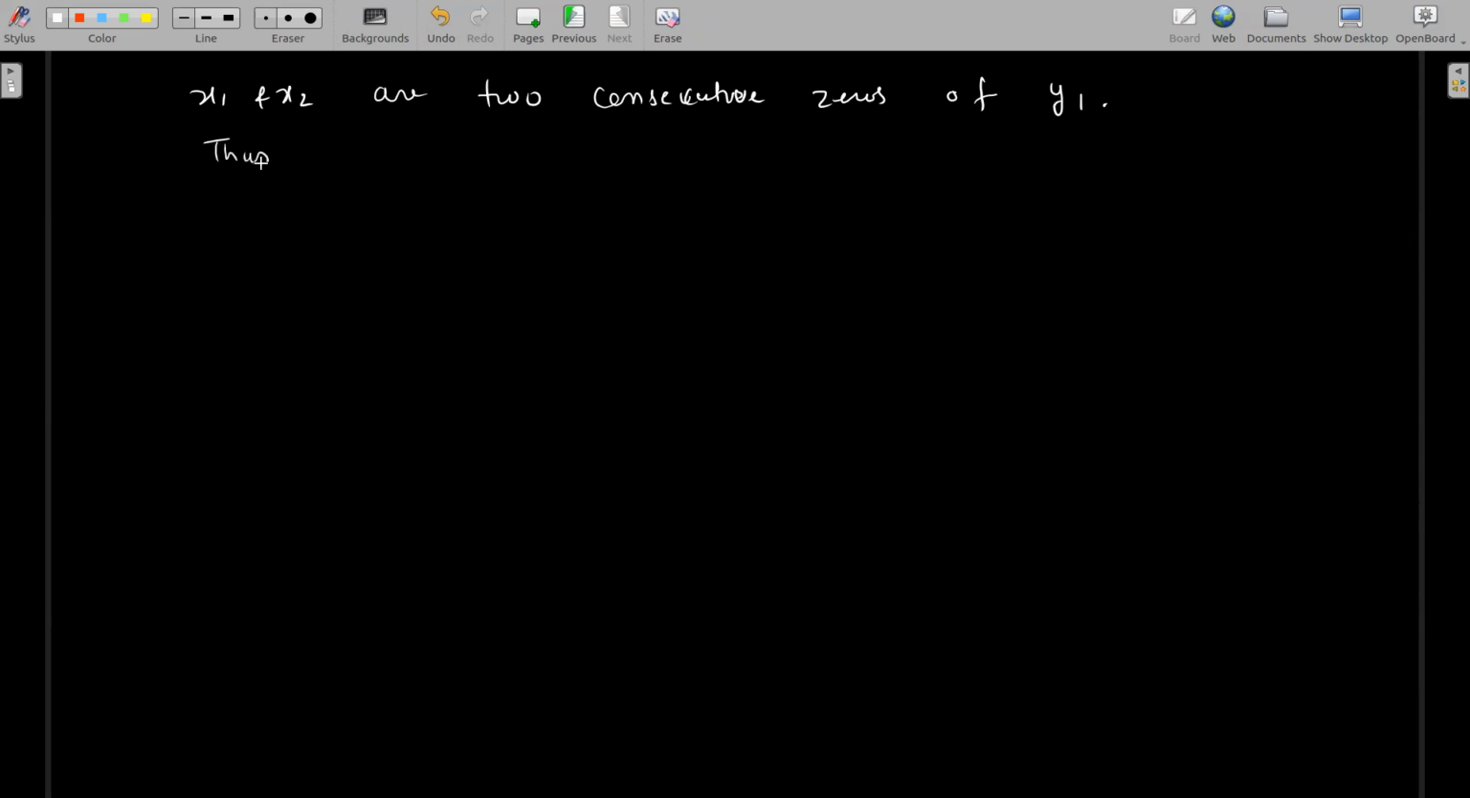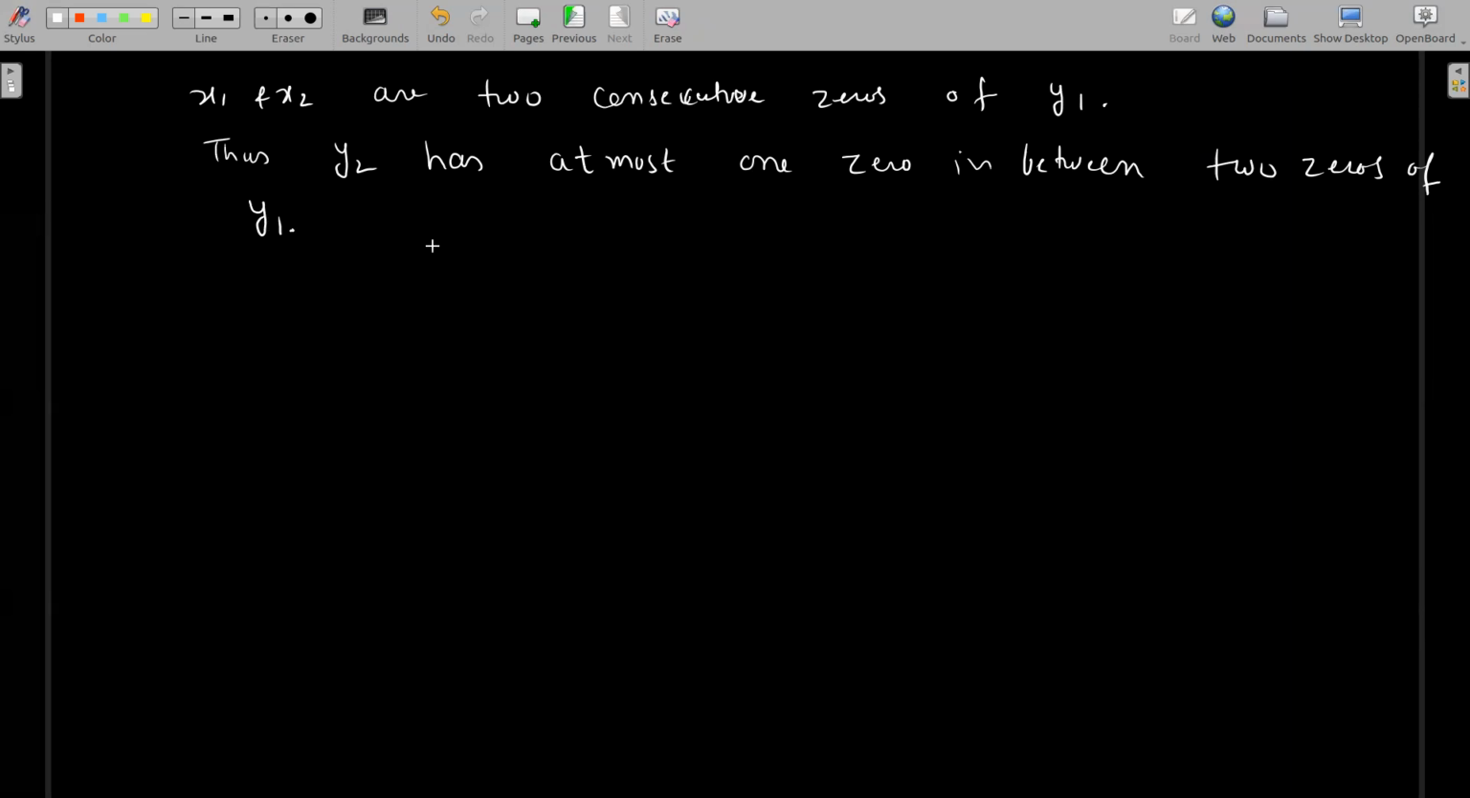Therefore, y2 has at most one zero in between two zeros of y1. This completes the proof,